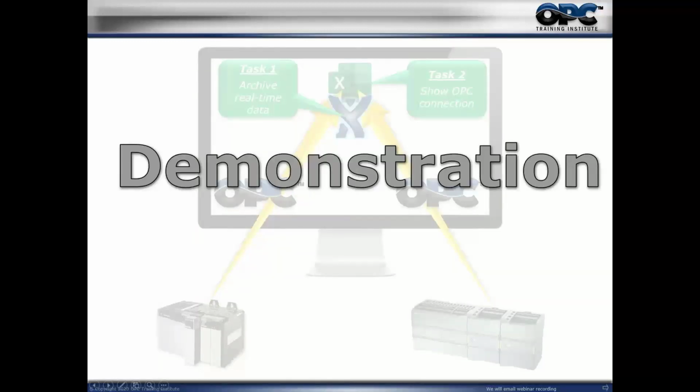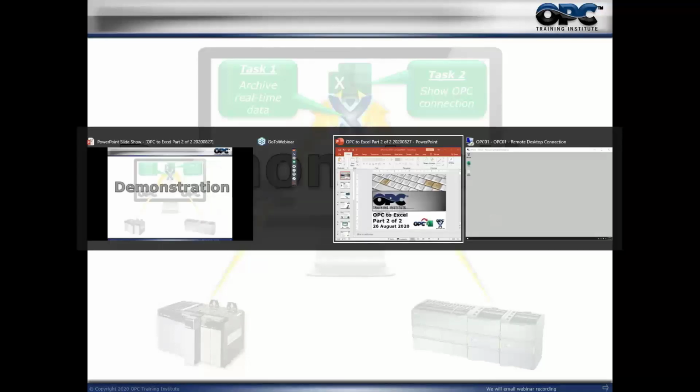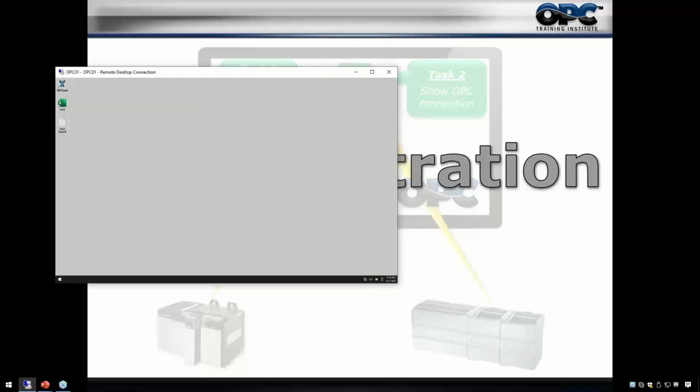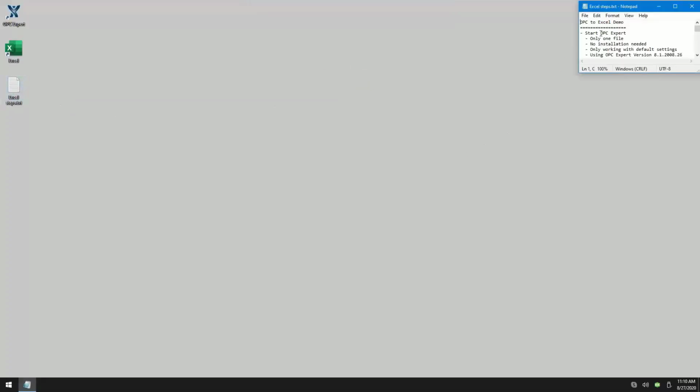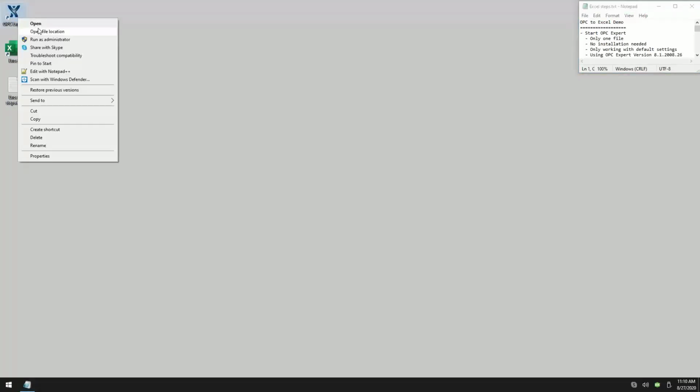So let's do a demo. I'll show you my computer. There we go. So there's the computer itself. Let's expand it. All right. And just to keep everybody focused, I've got a few notes here of things that I want you to take a look at. So number one, before I start OPC Expert, we will open the file